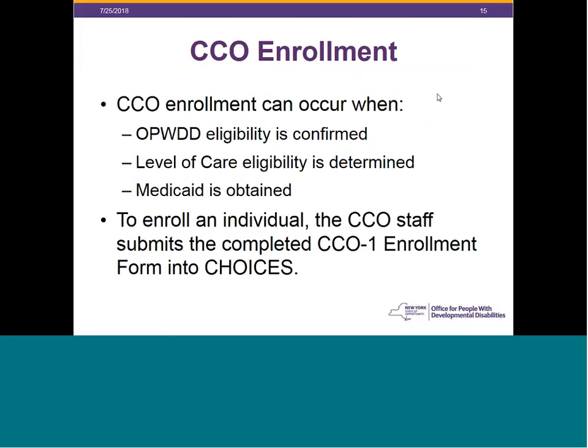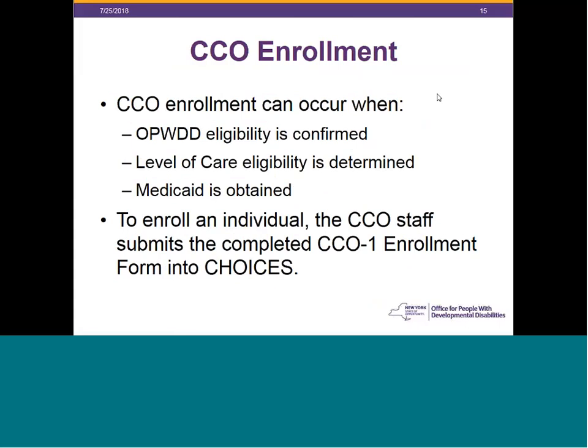CCO enrollment can occur. Just to reiterate, we all know that in order to be enrolled into a CCO, you need three things to be satisfied. You need to have your OPWDD eligibility confirmed, the level of care determined, and Medicaid obtained.